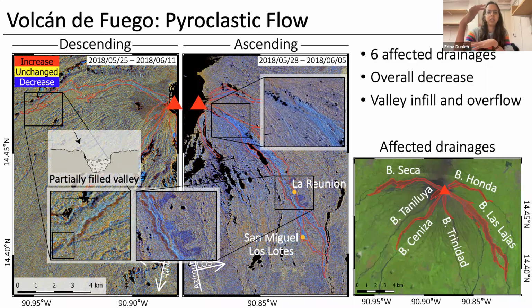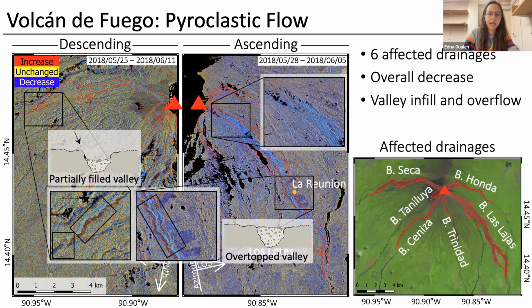is actually increasing in radar backscatter, and the one that is facing, sorry, I got that the wrong way around. The one that's facing away from the satellite is showing an increase, and the one that's facing towards the satellite a decrease. So you get this very distinct stripe pattern where a flow has completely infilled and overtopped the drainage system. We get more complex patterns. This is an example of that, where the flow has completely overtopped